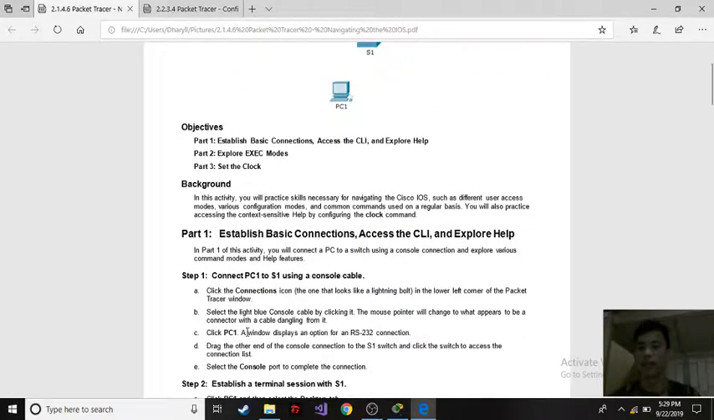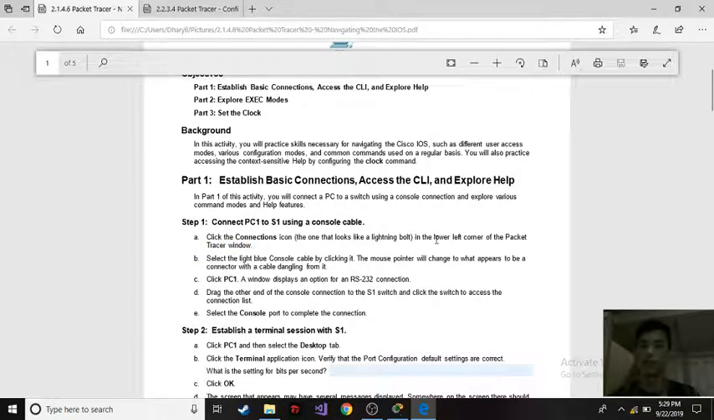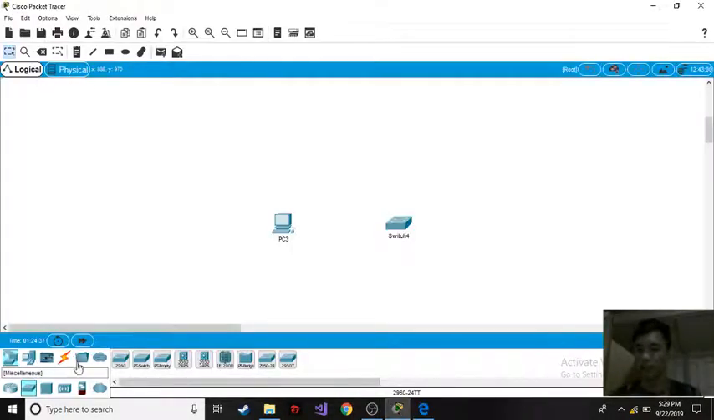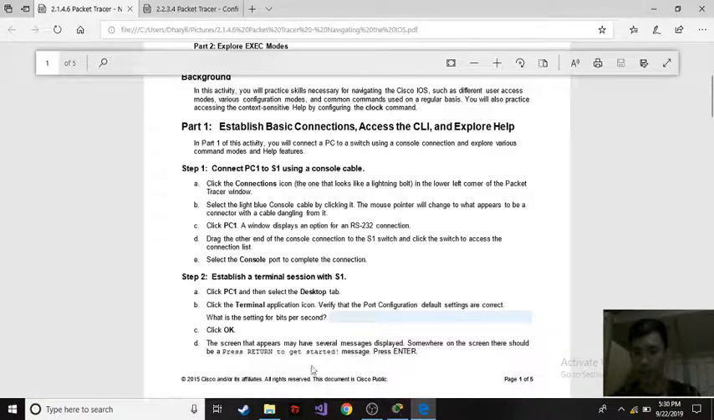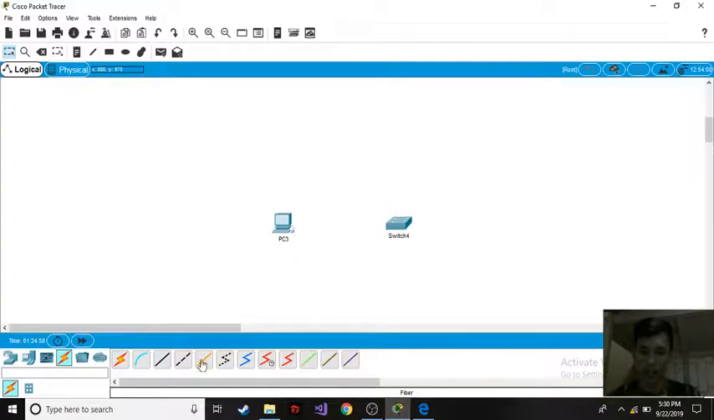Then after that, click the connections icon, the one that looks like a lightning bolt in the lower left corner of the Packet Tracer. Then select the light blue console cable by clicking it. The mouse pointer will change to what looks like a connector with a cable dangling from it. So we need to find the light blue cable, then click the PC